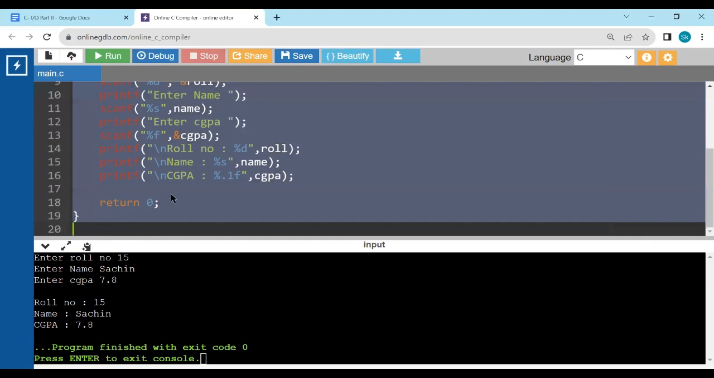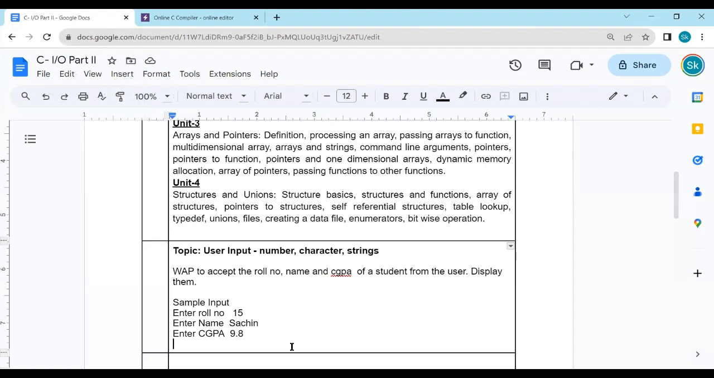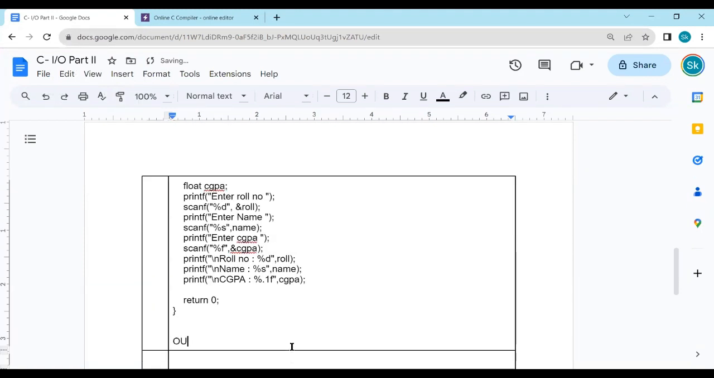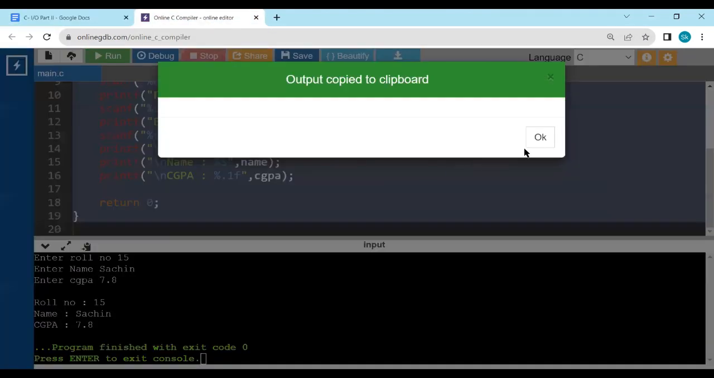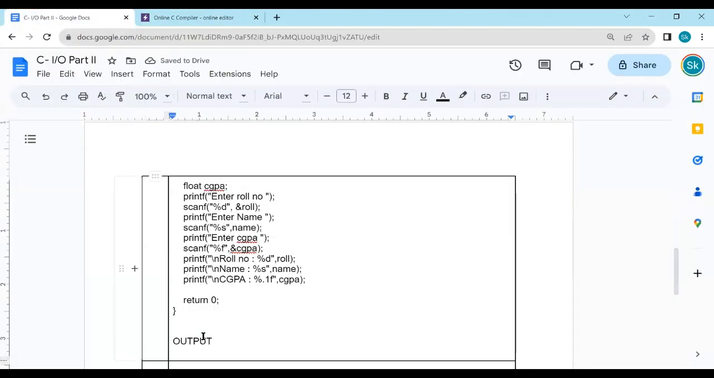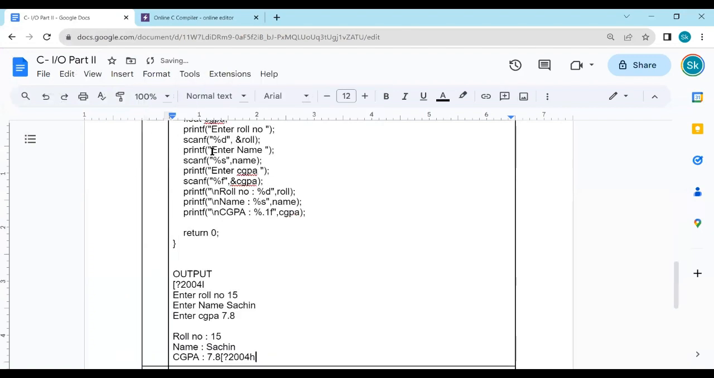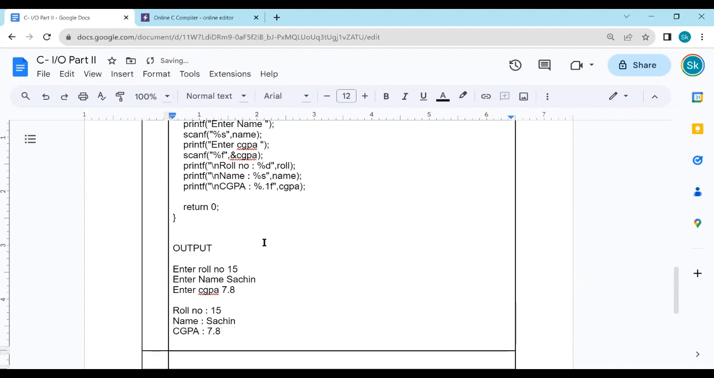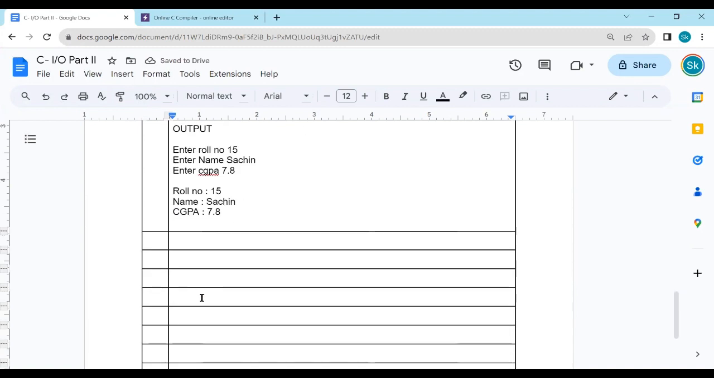Okay, so this is the simple program where we are accepting the data and displaying the result. But it's not as simple as taking input, because in some cases we will face some issues. What issues we can face, we are going to see in the next program. Okay, our next program is